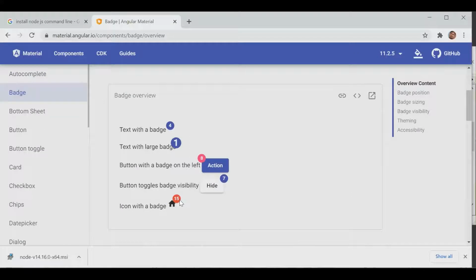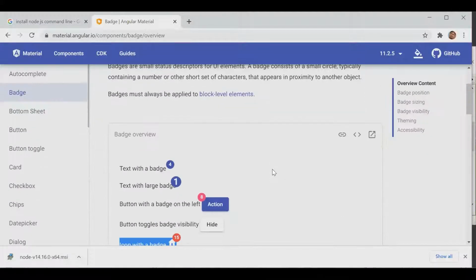Same way, if somewhere you have to show some control like this, maybe you have seen a lot of examples in our project, that if any notification is coming in the count, then we can show this notification. Previously what we were doing, we were making custom CSS.